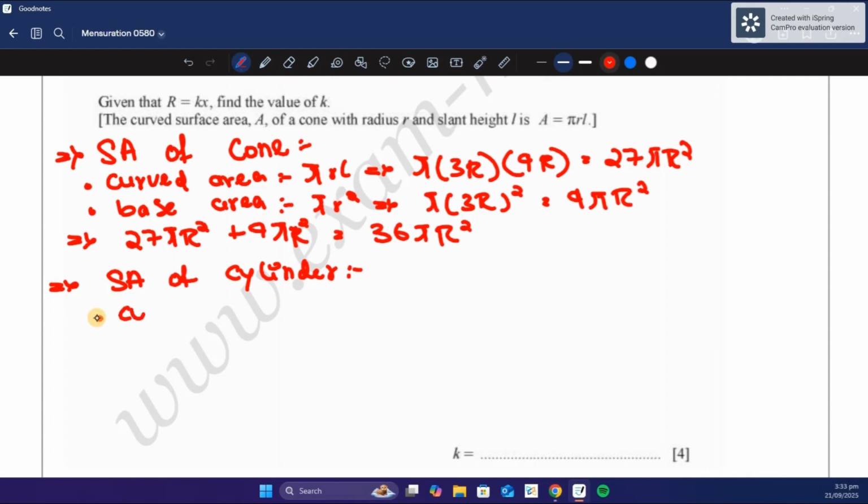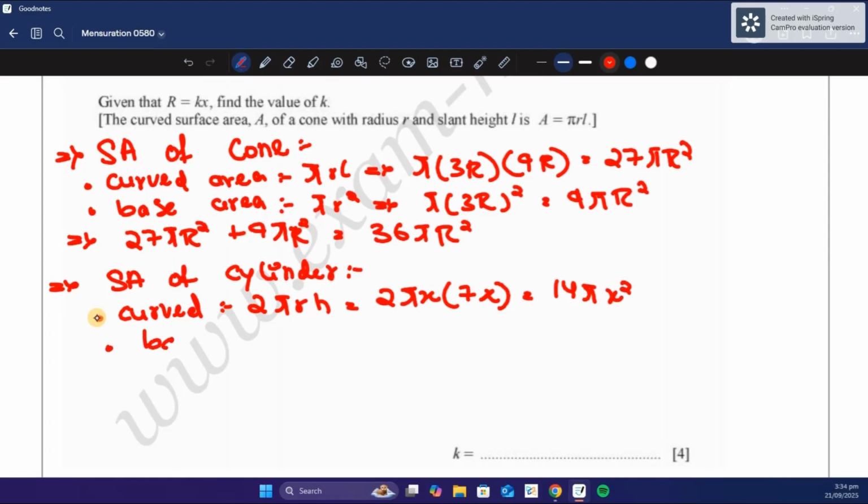So starting with the curved area, the formula would be 2 pi r h, all right, which would give us 2 pi x into 7x, giving us 14 pi x squared, and the area of the two bases would be